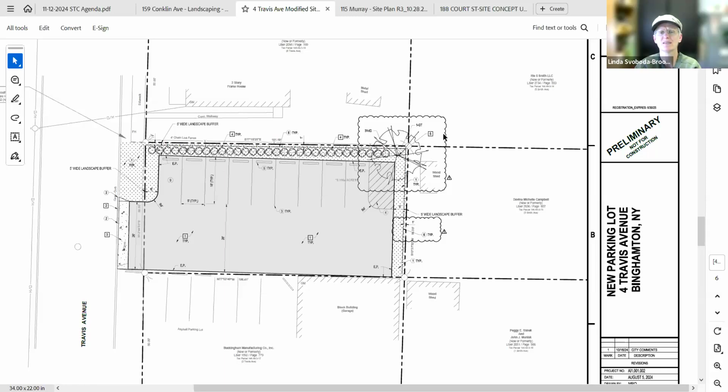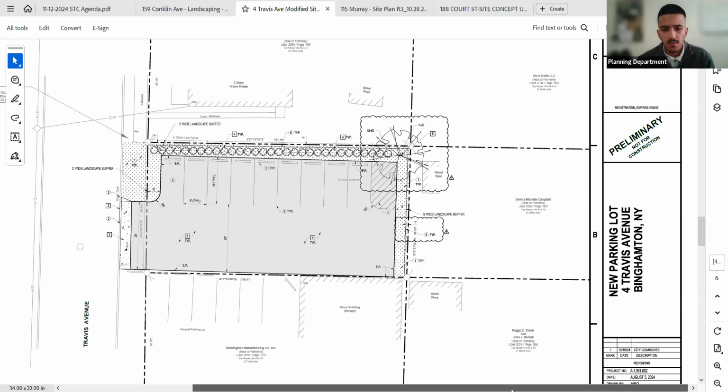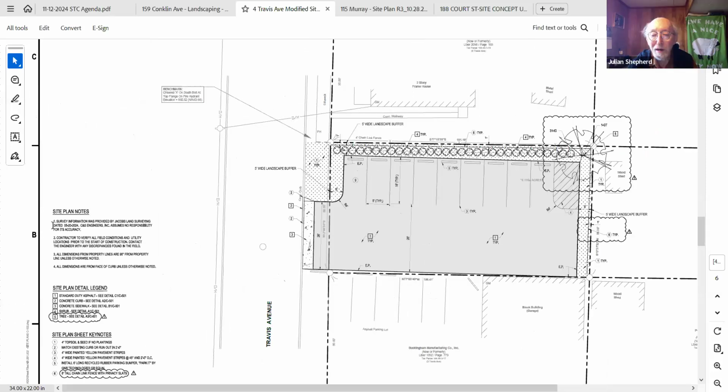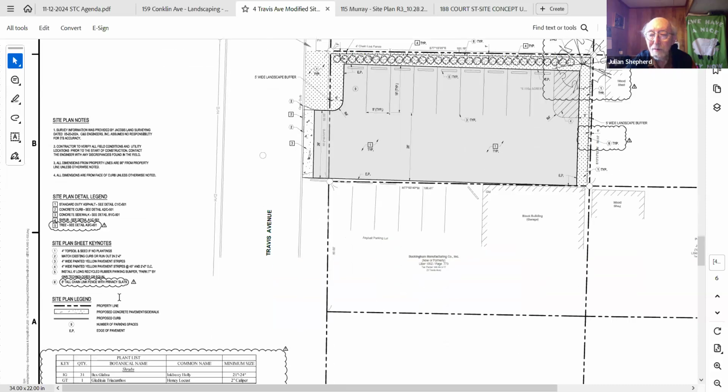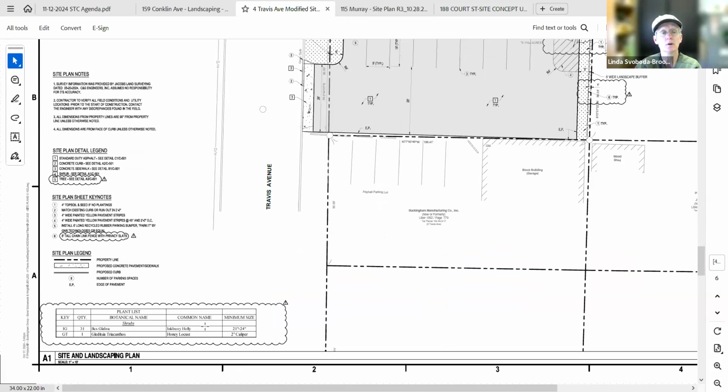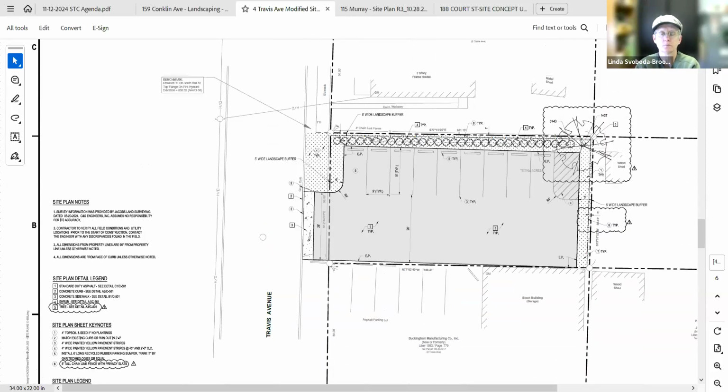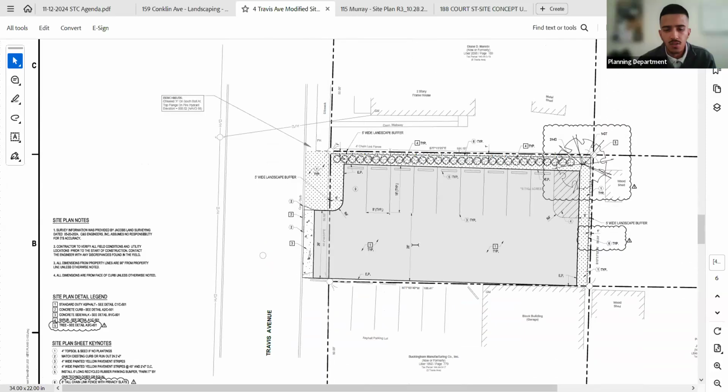What tree did they select? This was a honey locust, the one in the northeast corner here. And the rest of these were small shrubs. Actually, I think it's an evergreen shrub. Yeah, they didn't go with boxwood, so good. It's listed in the plant list, right here: honey locust and inkberries. Okay. That's good.